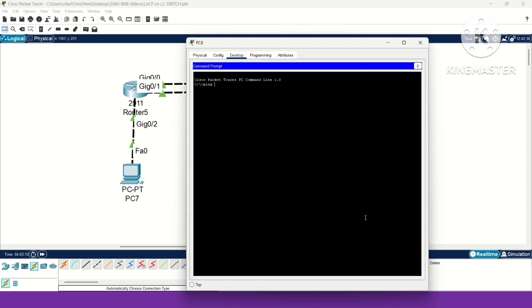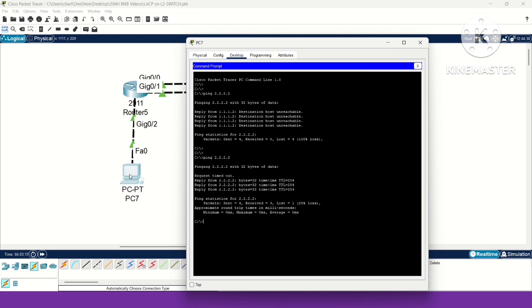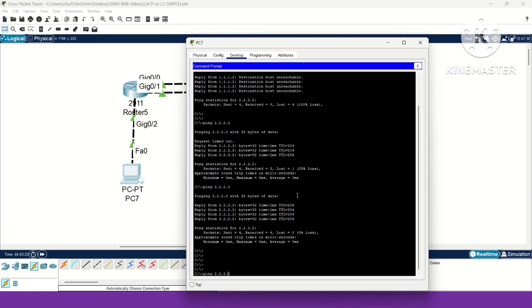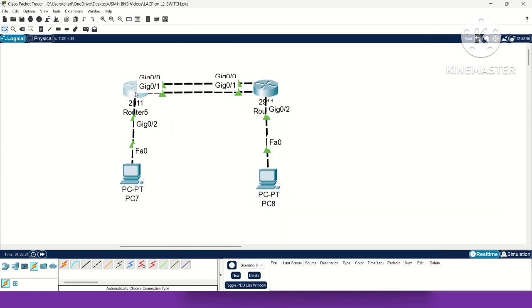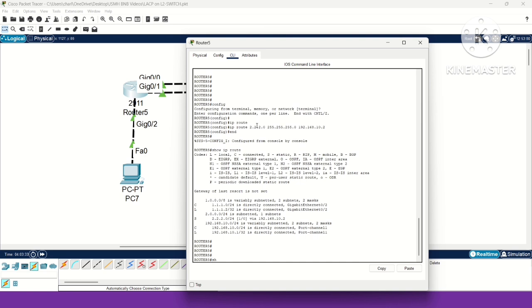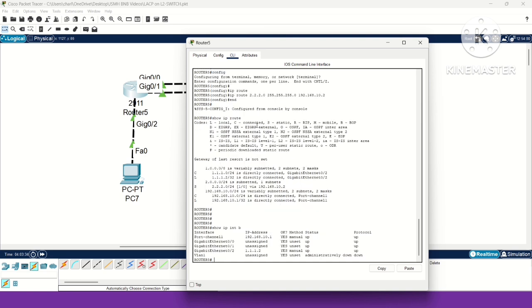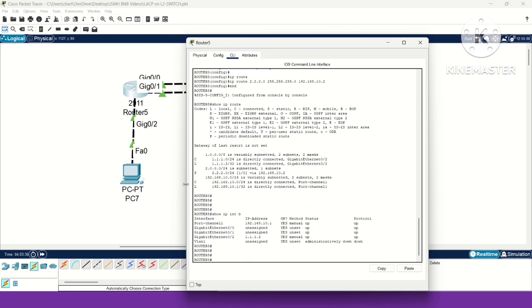Now start the test. Just go to the PC on the left hand side and try pinging the other end. Similarly, the end-to-end reachability is there. From the right hand side PC and the left hand side PC, you are able to reach them. Each of them can be reached through the LACP bundle. So let's initiate a continuous ping on PC1, which is on the left side,